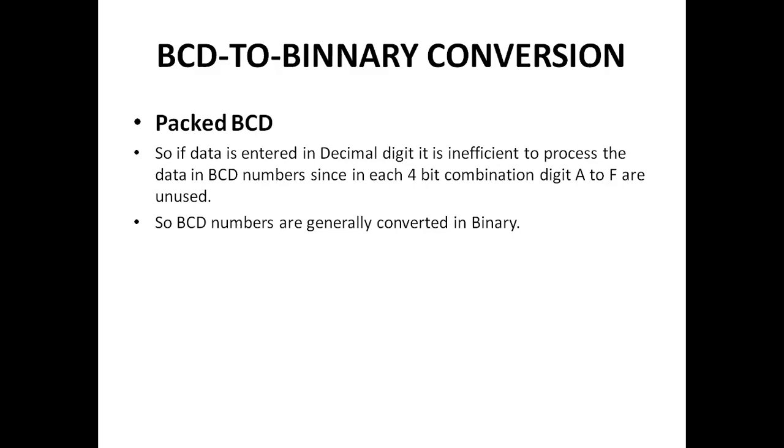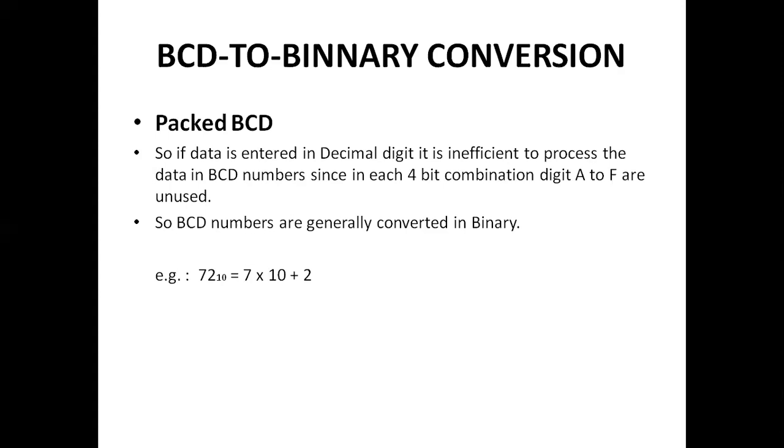So generally what we do, we convert the BCD number into the binary number, and there is a very simple process of making the conversion from the BCD number to the binary number. And the program is very simple. If you understand how we are able to convert the BCD number into binary number manually, then converting that manual process into the coding process is going to give you the program for the conversion.